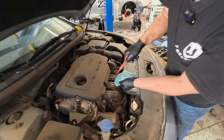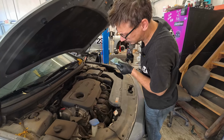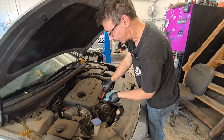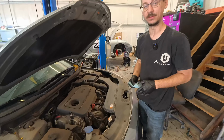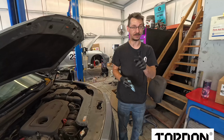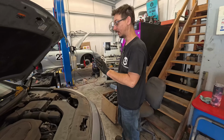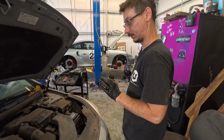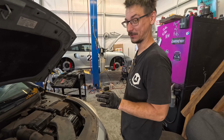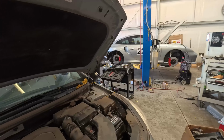So I didn't hear any kind of, oh yeah, that's dry as a bone. I'm not going to turn this on again. I'm going to go check the codes though, with our little top-down scanner. We have a video on that, but little Bluetooth scanner. I'm going to see what codes are there, and I hope there's some oil in this. It didn't make any noise, but doesn't mean it's not destroyed. It is a